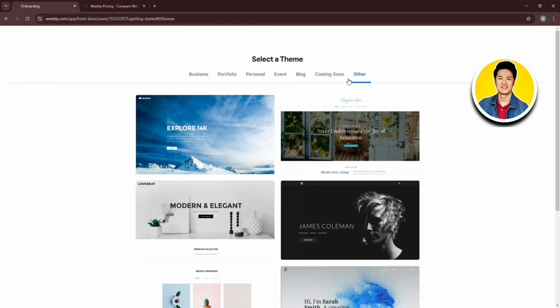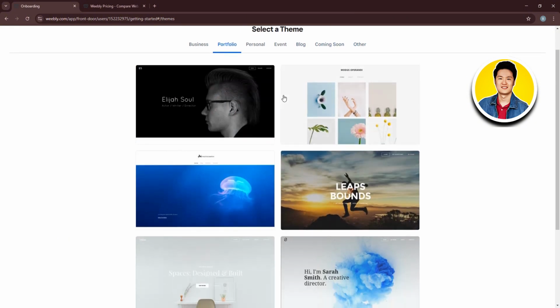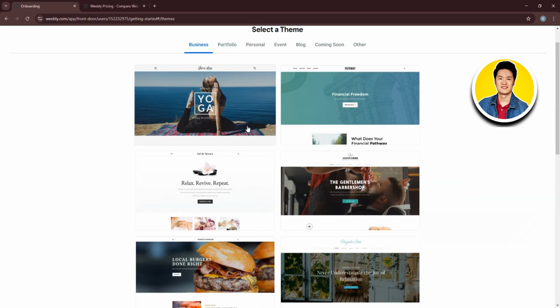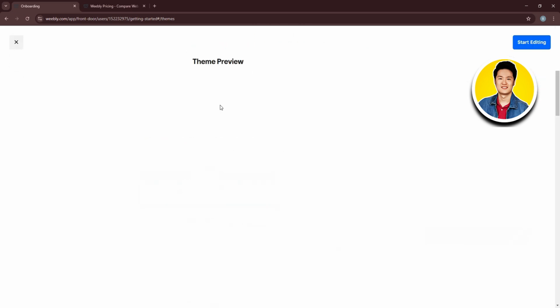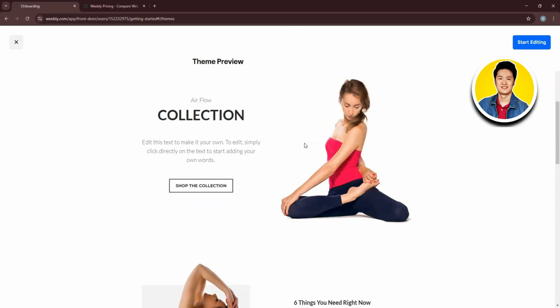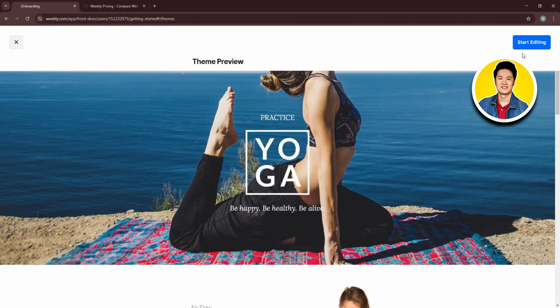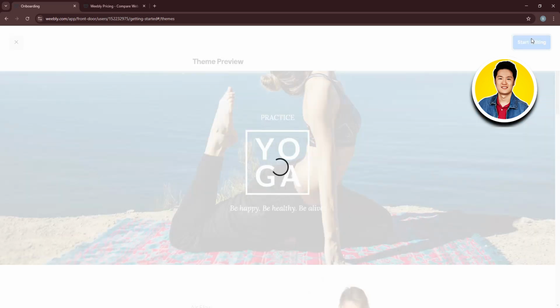Then, scroll through and you will get to see all of the themes available on Weebly. They offer a lot of themes to choose from. Once you select the theme, you can scroll through and check a preview of the selected theme. So once you're done, click on Start Editing on the top right corner. After that, you'll be redirected to the editor where you can start editing the template that you just chose from